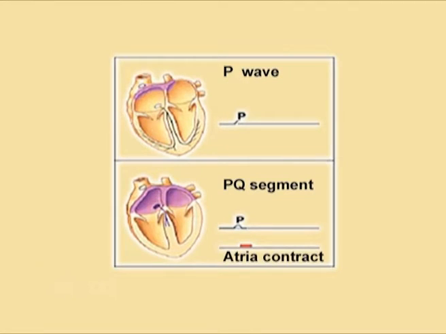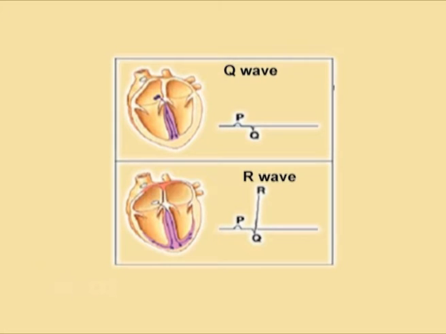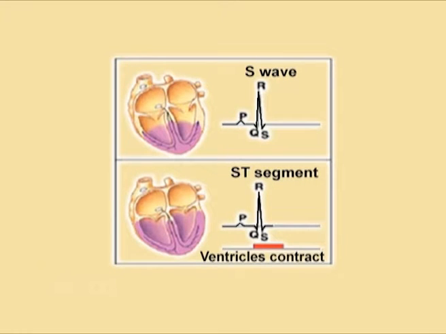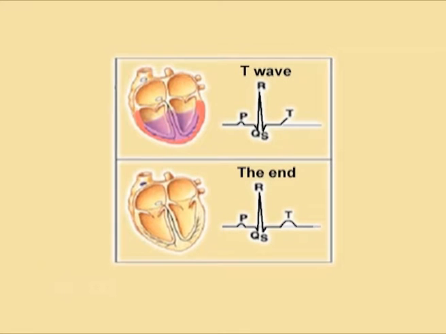Here you can see that the P wave, indicated by the color as well in the heart, symbolizes the contraction of auricles. The Q segment indicates the contraction of auricles is completed. The QRS complex indicates the relaxation of auricles and the contraction of ventricles, whereas the T wave indicates the relaxation of ventricles. So, this is the entire cycle in which the heart continuously contracts and relaxes throughout the day, throughout weeks and till the end of our life.